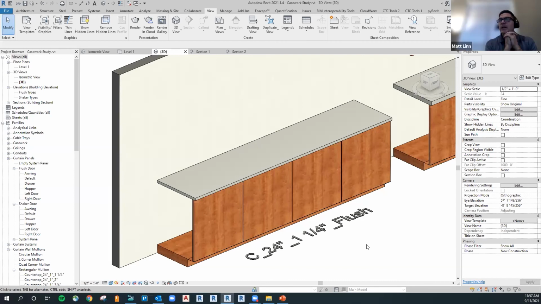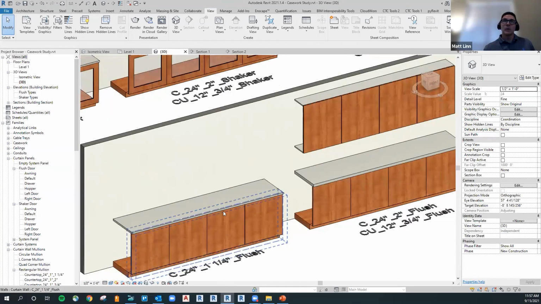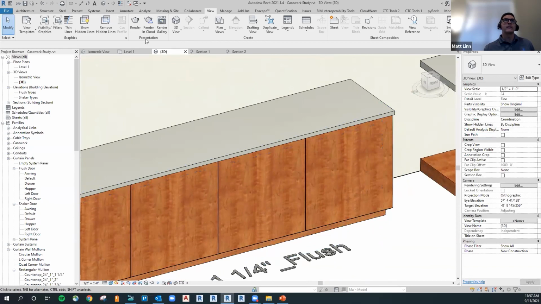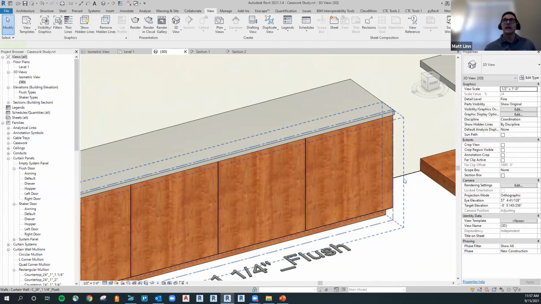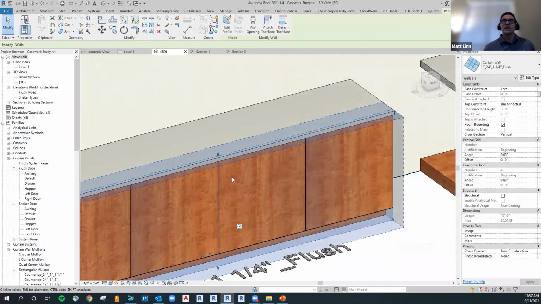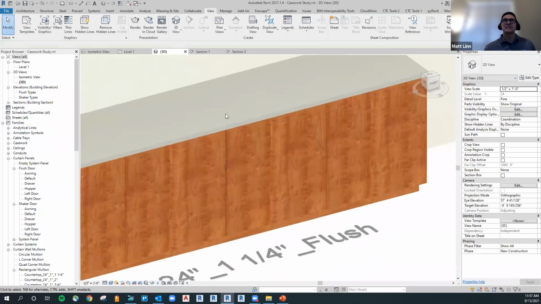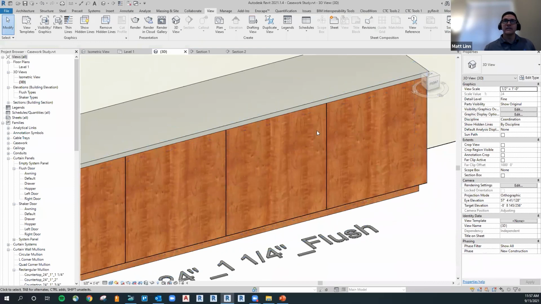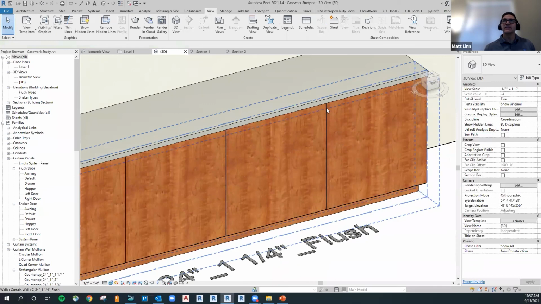Yeah. And another thing worth noting, something we did explore, Nick and I, is in the vertical grids. I don't know if you noticed, but whenever I use grids, well, let me back out. Within edit type or the type properties, these are all set to none. And we did explore what if it was a 1-inch mullion? And it kind of messed up. And so we found the vertical joints were better addressed in the panel and simply leave the verticals to the grids,